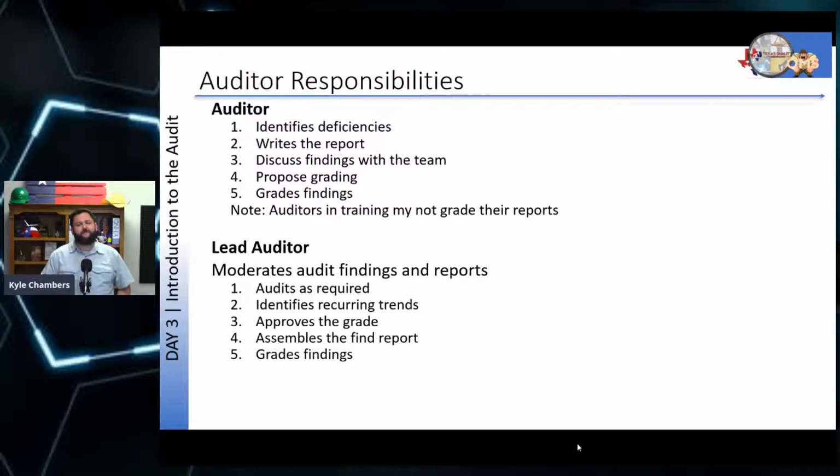They work really hard to identify recurring trends because, especially in a larger audit, if you have multiple folks on the audit team or multiple departments to take a look at, any one single person may not see the trends occurring. On the other hand, multiple people may see various bits and pieces of what might be a similar root cause that no individual person could have seen. So this is where a lead auditor in a team audit can be very, very effective. They approve the final grade of the findings. Again, this is going to be: is this conforming, non-conforming with a minor, or non-conforming as a major? They're going to assemble the audit report and continue from there.